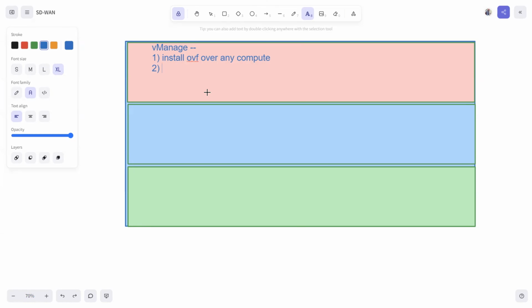VManage is my management plane. What will it manage? It has to manage the configurations, the templates, the policies,